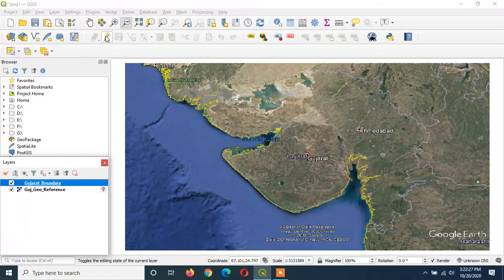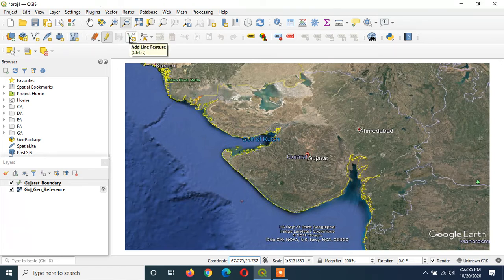I am clicking on the toggle editing button and I am marking the boundary here. Before that you need to click on add line feature. Click here and start plotting the line, start digitization. I want to mark the boundary up to this.